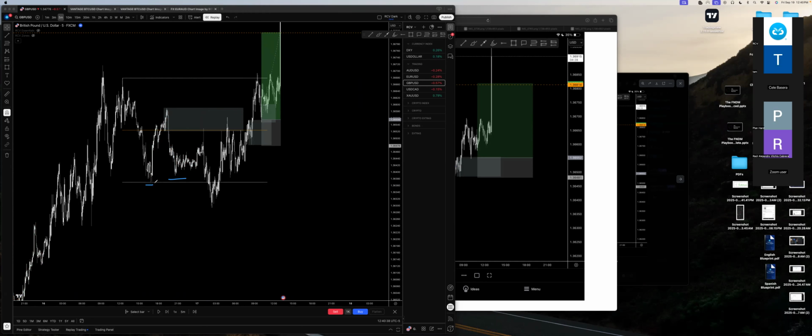We had a low, then a sweep that comes into LGC, but more importantly, now that we have swept this low, I have a range to play off of. So if I have a range to play off of, and we swept the range low, I'm now anticipating that we take out the range high.